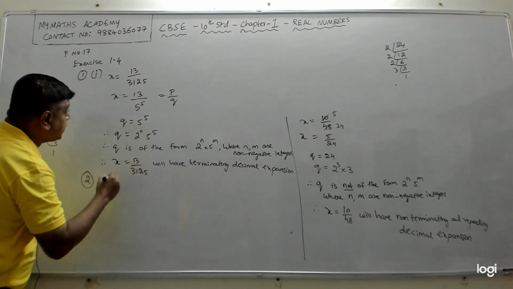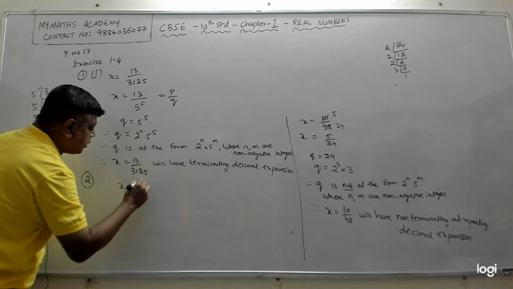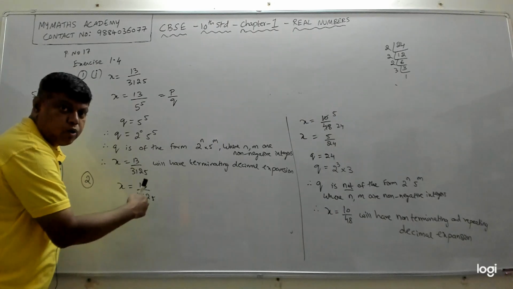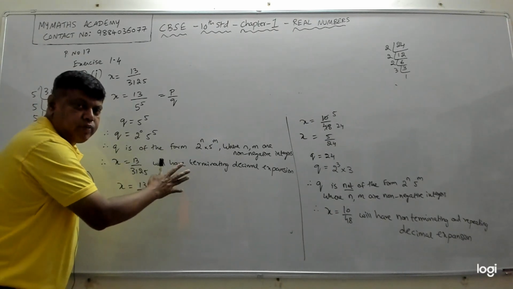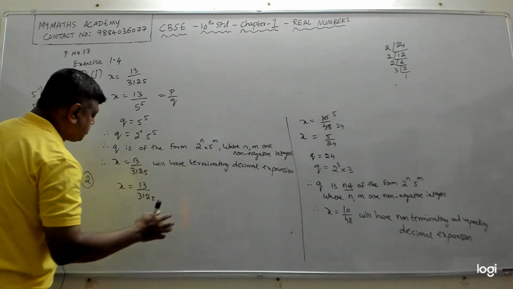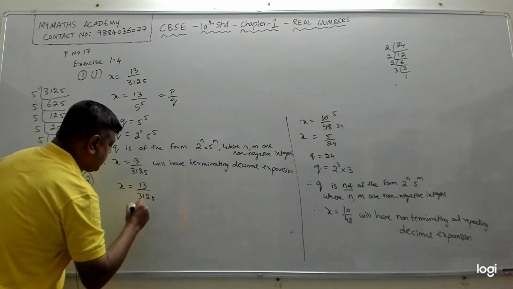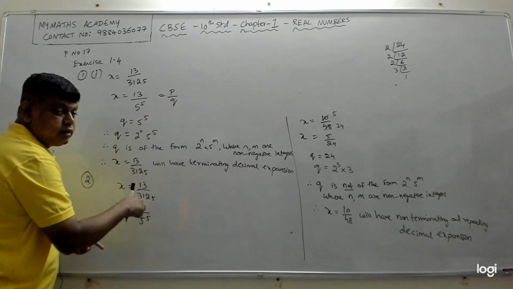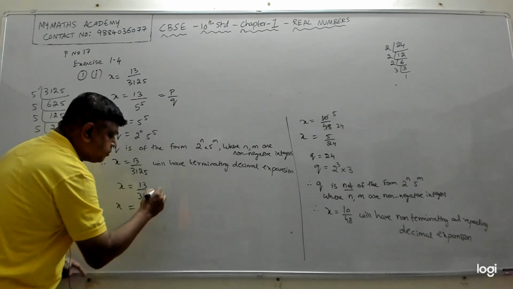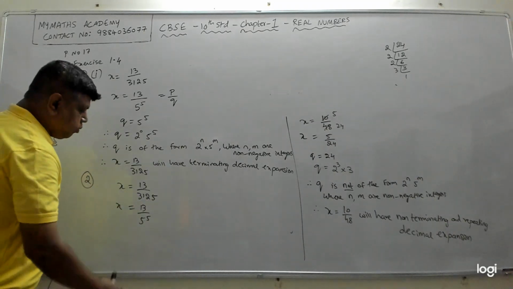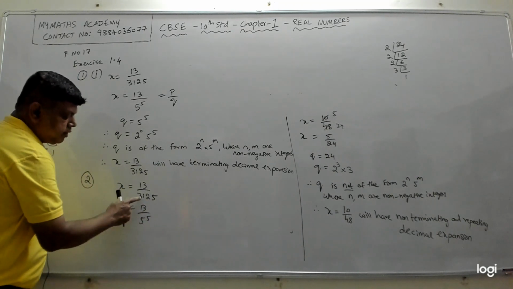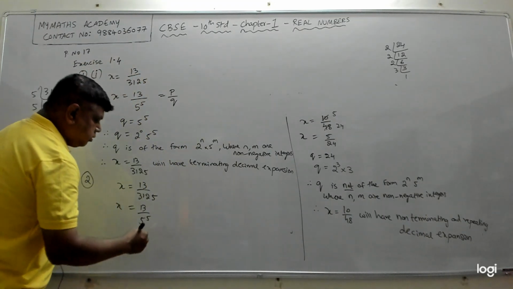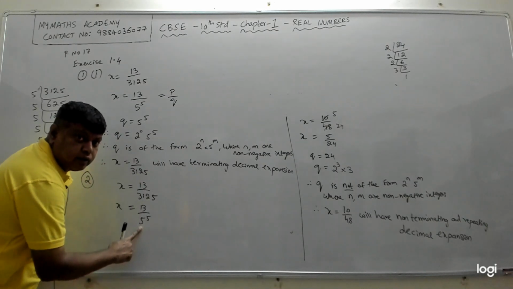Now let's take this. So x is what? 13 by 3125. Since it is having a terminating decimal expansion, we are trying to convert the fraction into decimal. If not, we will stop. That I will do in the next problem. I'll explain. Now this is actually 13 by 5 power 5. Now we are going to convert this into decimal without actually dividing. Now whenever you get it in this form, because 5 power 5 is 3125, now what we should do is we should try to get